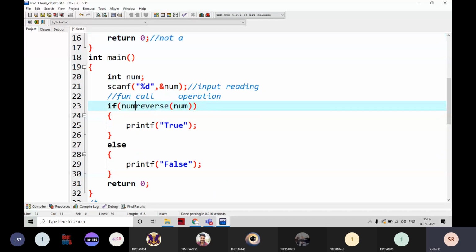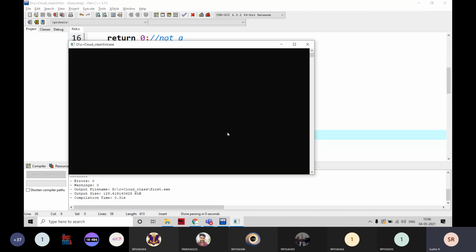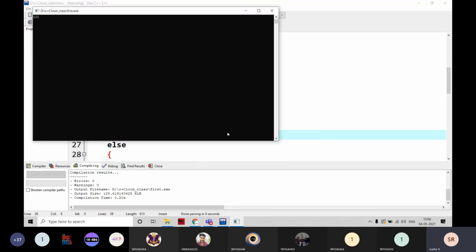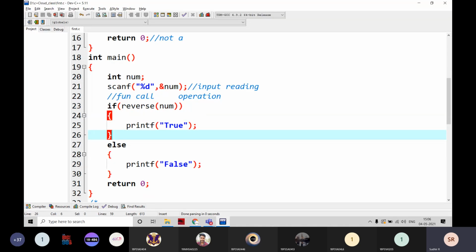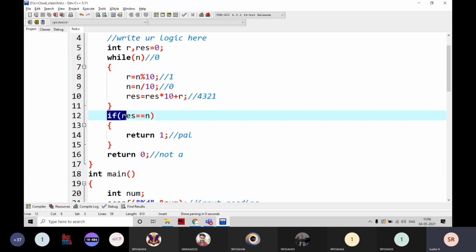Here if it is like this, I am going to write it like this. If I execute it with 1 2 3, it says false. Yes, that means my code is perfect. If I execute it with 121, now also it says false only. That is not perfect here. What happened here? I am checking the reverse number with the original number. Is it true or not? What is the res value now? Students?